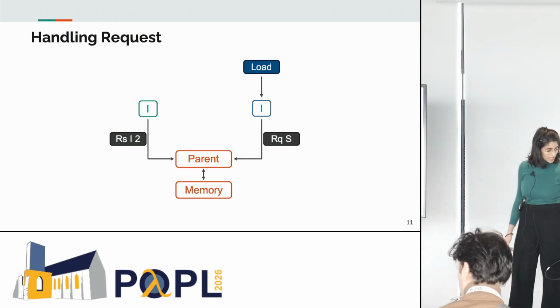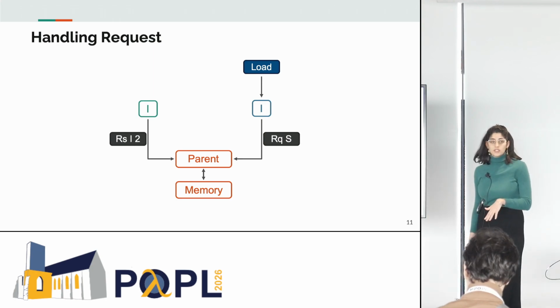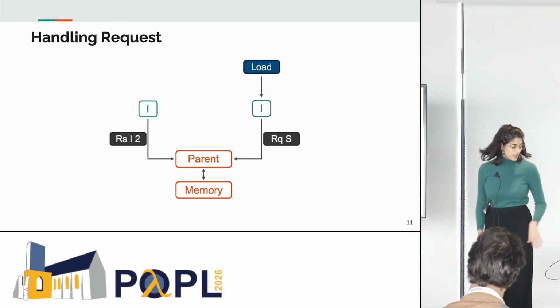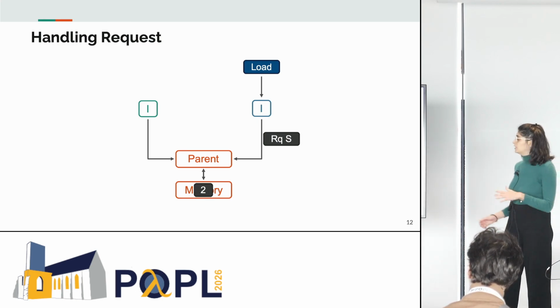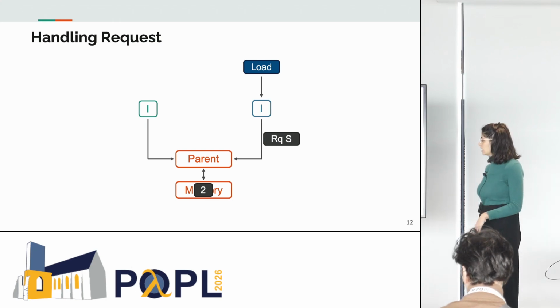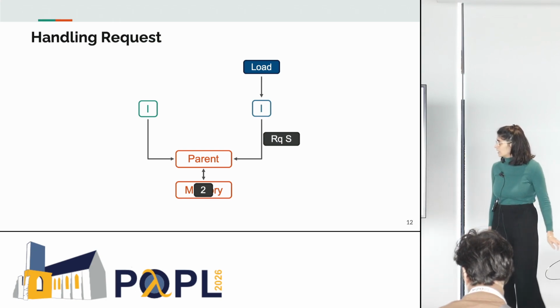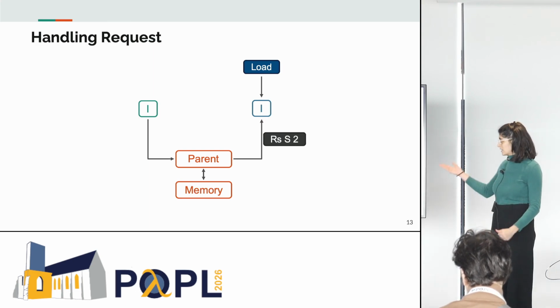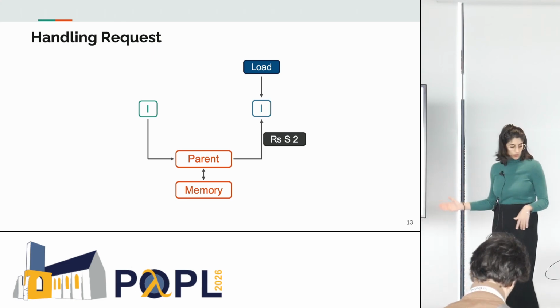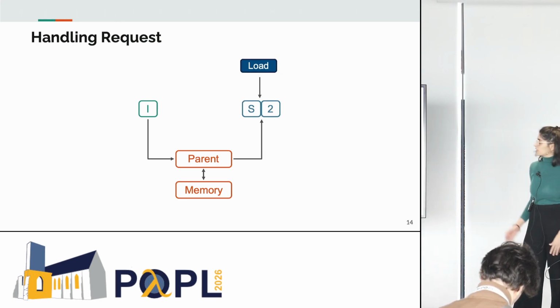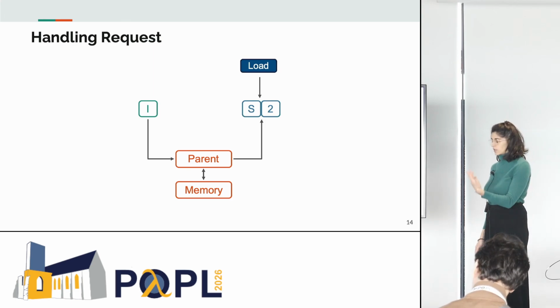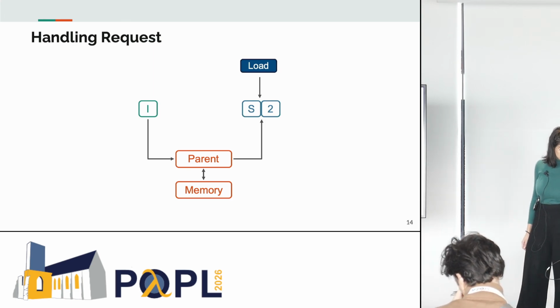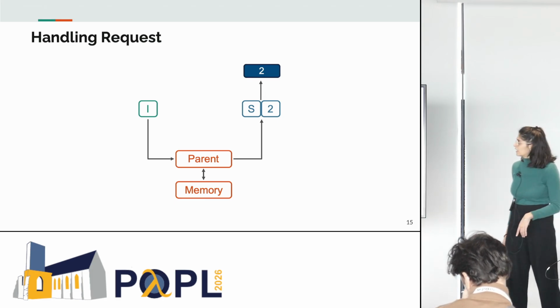So the green cache does this and says, okay, the last value that I wrote in this case was the value 2. The parent can finally update the memory with the last value written and respond to the blue cache and say, okay, now you have the permission to go to the S state with the value 2. And finally, we are able to respond to our load request. So the question now is